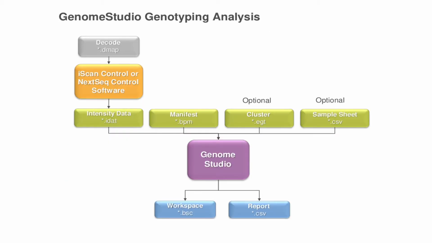This is a kind of flow chart which we already discussed in collecting the data from a BeadChip, in which after the iScan control or Nexus control software, you receive IDAT files, which are intensity files. For that you need a manifest file, which is in the format of .bpm. The cluster file is optional, either you have a cluster file or not. In versions 1, 2 and 3 you have the cluster files, which are easily available on the Illumina site, but for version 2 MD and version 3 MD you won't find any cluster files. So if you have a sufficient amount of samples, you have to make the cluster files, otherwise it will work without cluster files. It is not an issue.